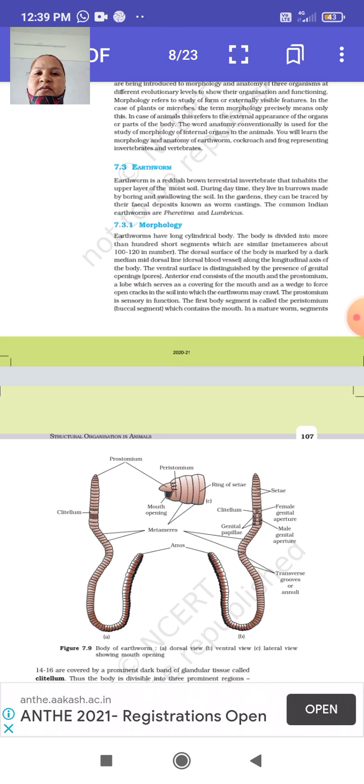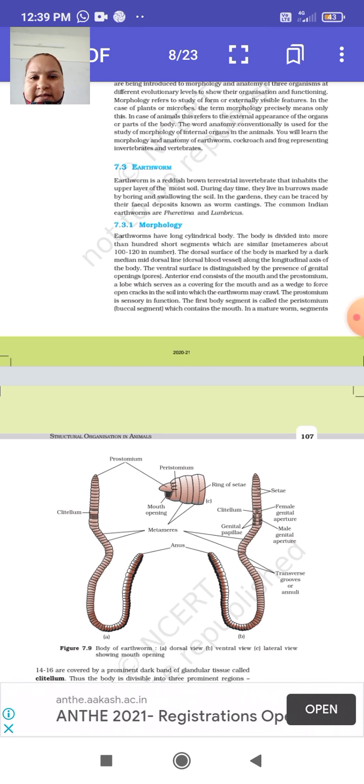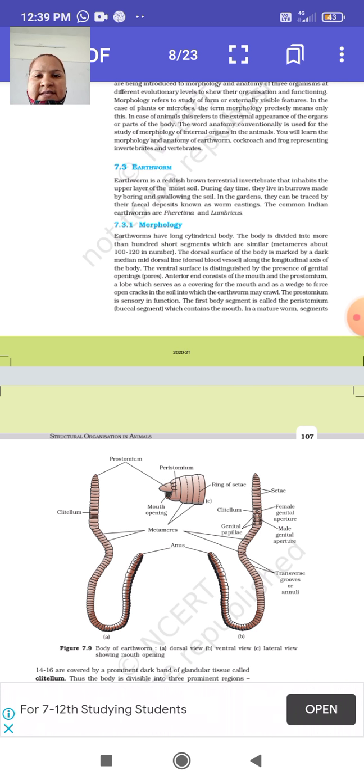Now the dorsal body surface is marked by a dark median mid dorsal line. Now the dorsal surface of the body has a mid dorsal line which is present over the dorsal blood vessels along the longitudinal axis of the body. Now the ventral surface is distinguished by the presence of genital openings. Now the anterior consists of mouth and a